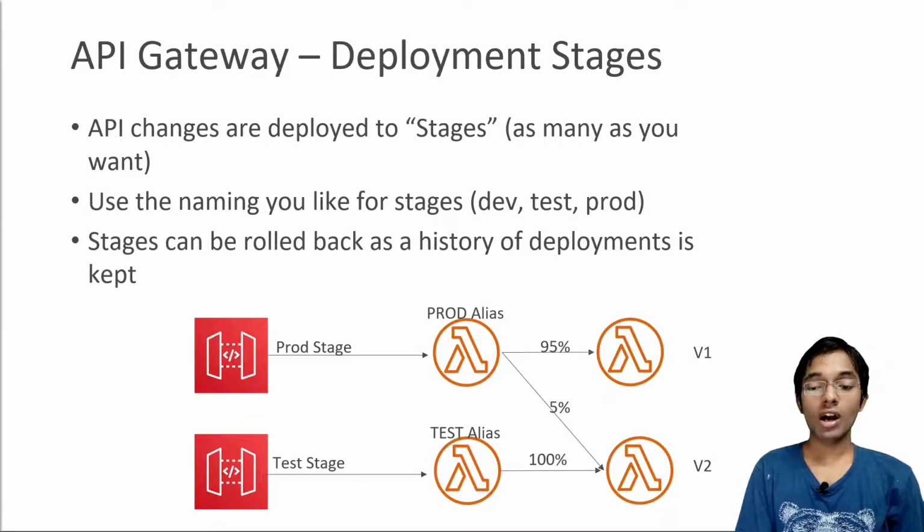So we have seen how to deploy a stage and what it can be pointed to. It can be pointed to a prod alias or a test alias for your Lambda function, and these aliases can be pointing to v1, v2. I'm not going to go over all of the Lambda things again, but you remember this from some of the previous Lambda lectures. So next,